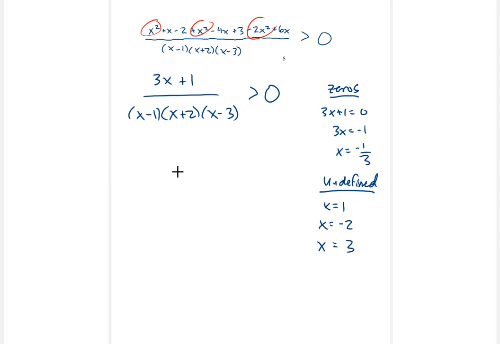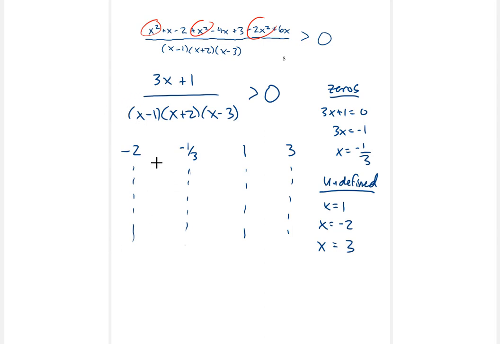So our sign chart then looks like this: negative 2, negative 1/3, let's see, 1, and 3. So I'm putting dashed everywhere. Definitely putting dashed here, here, and here, because that's what makes us divide by 0. But since it's a strict inequality anyway, you'd also put 1 right there. So with all that said,